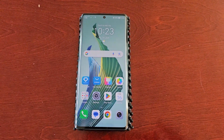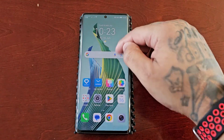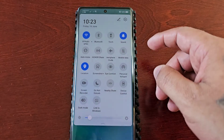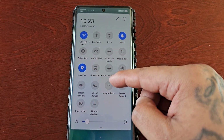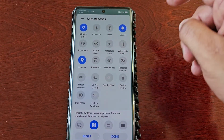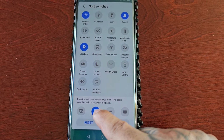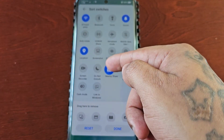Okay, so the second way to enable NFC would be to pull down the notification panel twice and look for the NFC shortcut button here. However, if you don't see it, like in my case, just select the little pencil here, and then you will see the NFC shortcut button here. Just drag and drop it